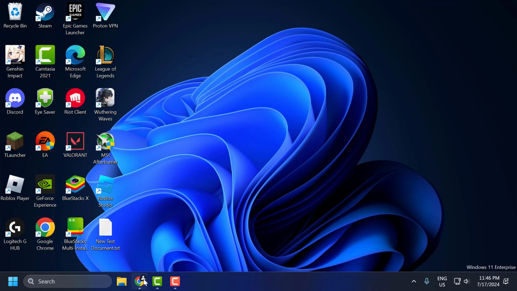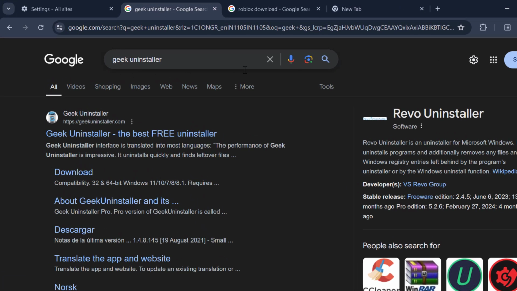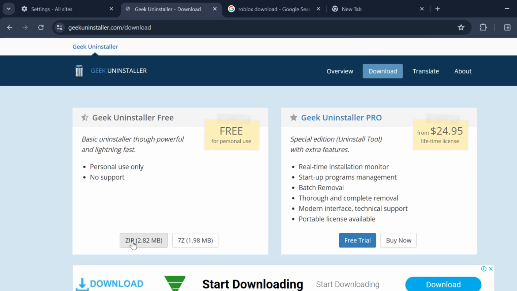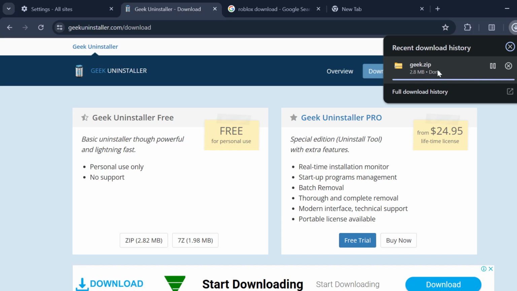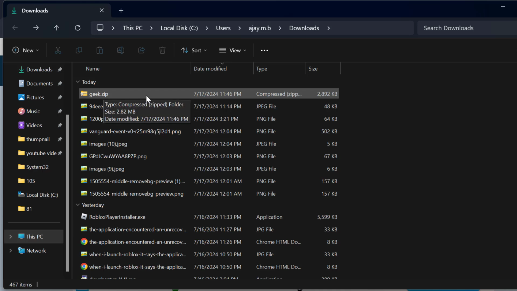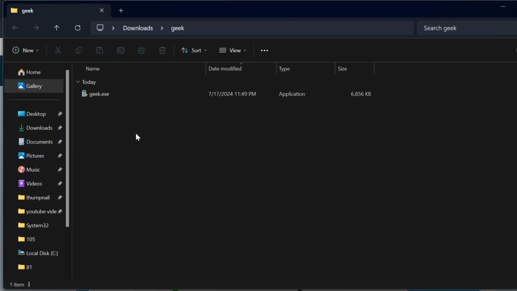To do this, you just need to open up Chrome and search for Geek Uninstaller. Click on the Geek Uninstaller site. Select the download option and download it. Select the zip file. After the download is done, you just need to select the folder icon. Right click on the geek.zip file and select extract all and select extract. After the extraction is done, you just need to double click on the geek.exe